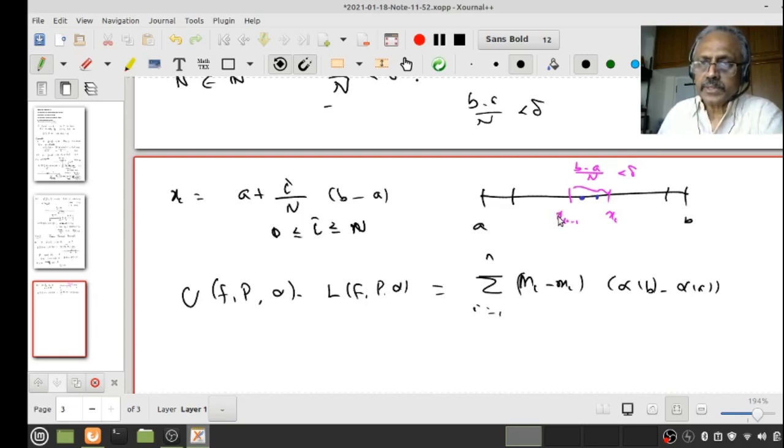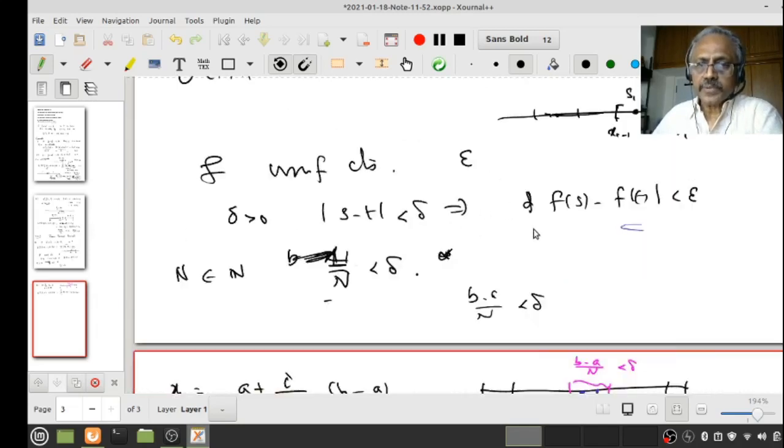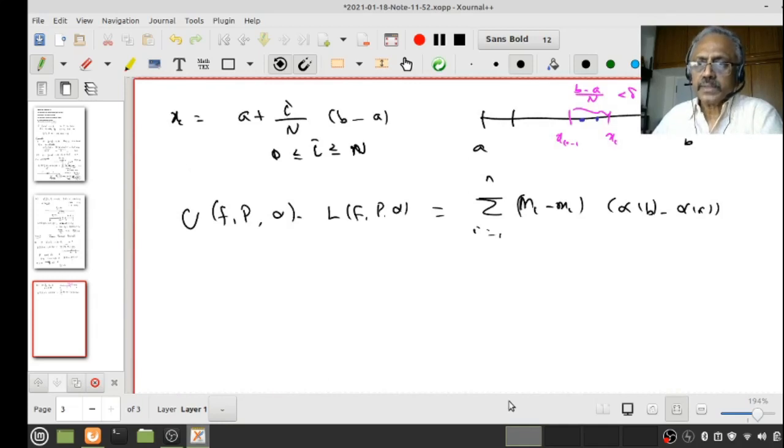What is the length of each of the subintervals? b minus a by n. How did I choose my n? b minus a by n less than delta. What is this delta? This delta is the one which corresponds to the epsilon by the uniform continuity of f. Okay, good. So this will be less than